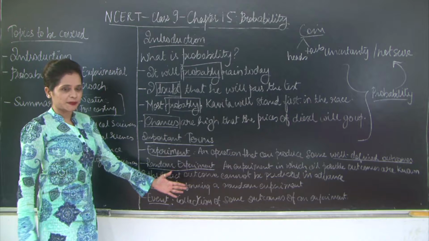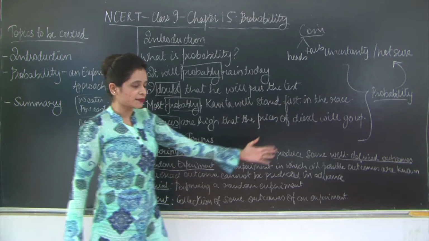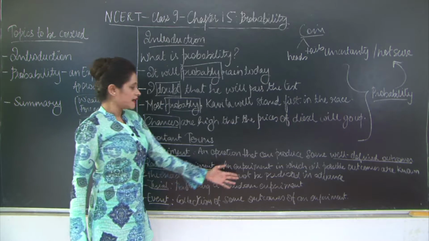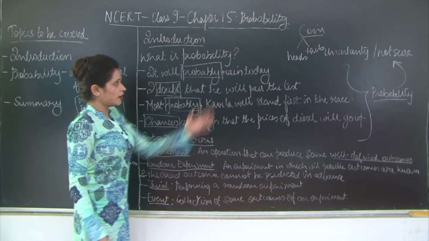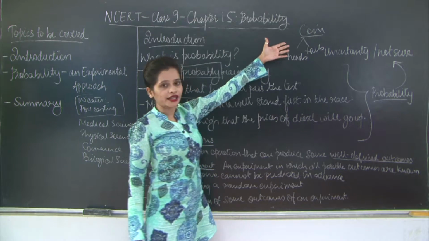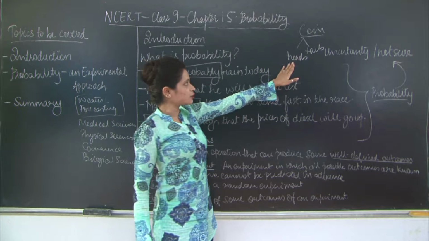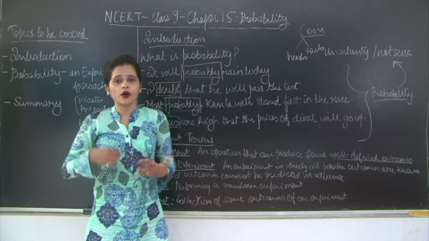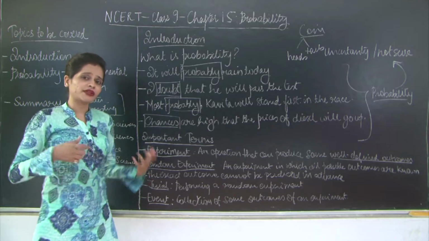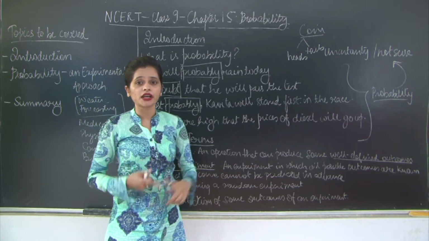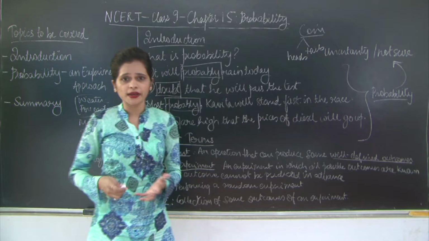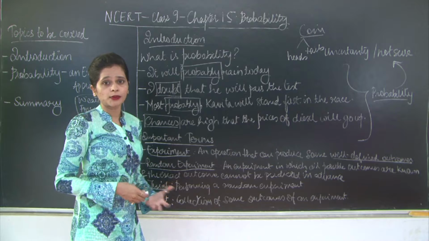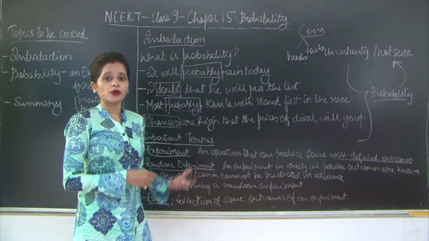Moving on, random experiment. An experiment in which all the possible outcomes are known and the exact outcome cannot be predicted is known as a random experiment. Again, with this example of the coin, the outcomes could either be head or tail. Suppose I'm tossing the coin 3 times. We know the outcome would be a head or a tail, but can we predict when we would get a head or a tail? No, we cannot. So this is a random experiment.